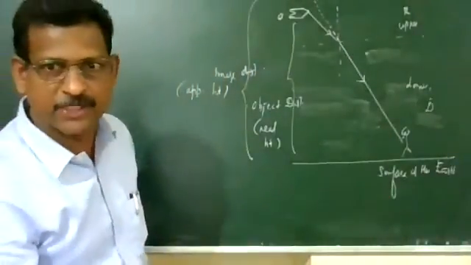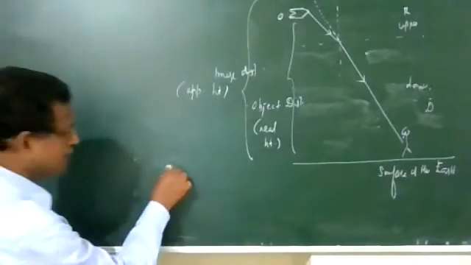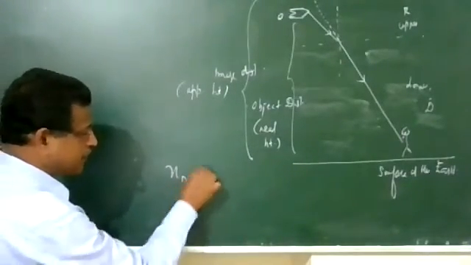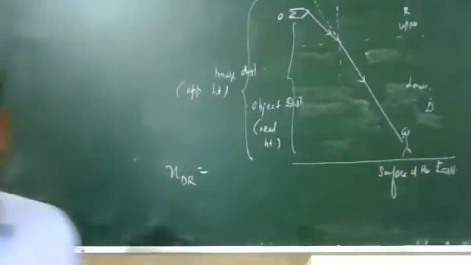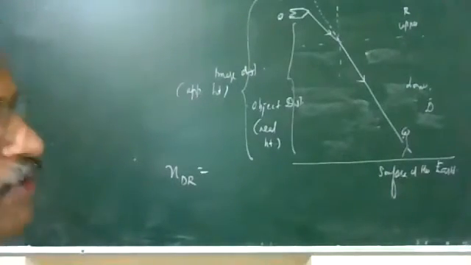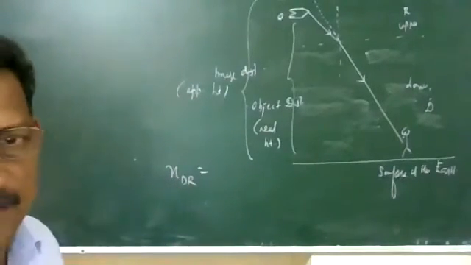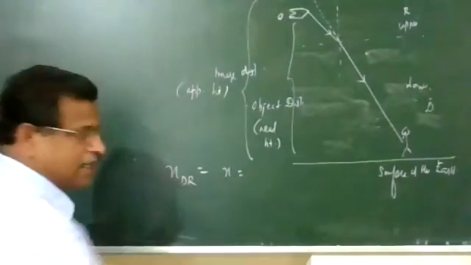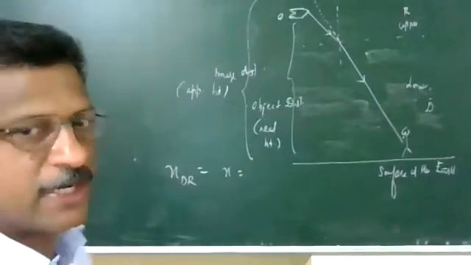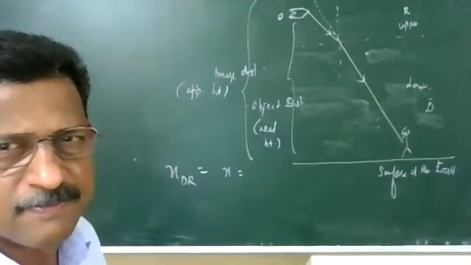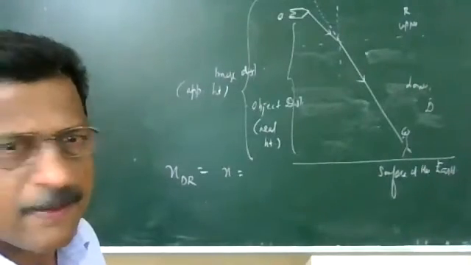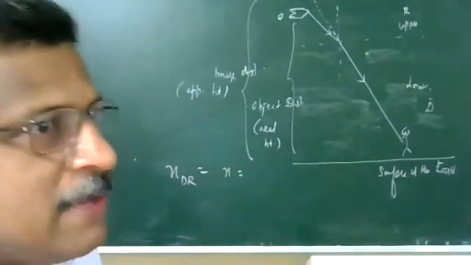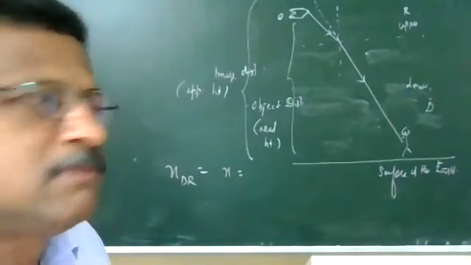So how will you write this equation? The refractive index of denser medium with respect to rarer. What equation will we be writing for this? Can anyone tell? We are directly writing the refractive index of denser medium with respect to rarer. That is n equal to the ratio of the height. Which height do we have to write? Apparent height upon real height. Yeah, it will be apparent height upon real height.